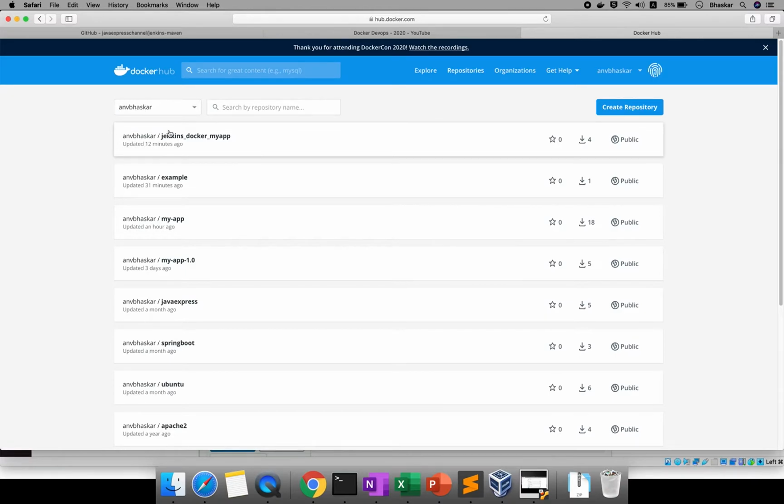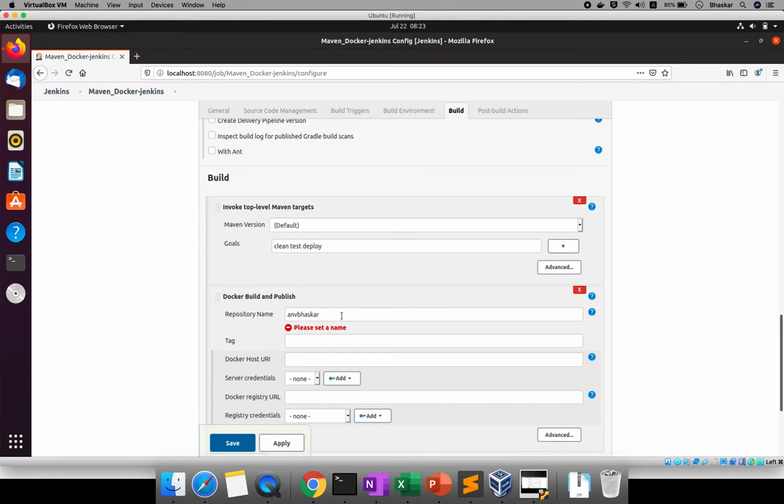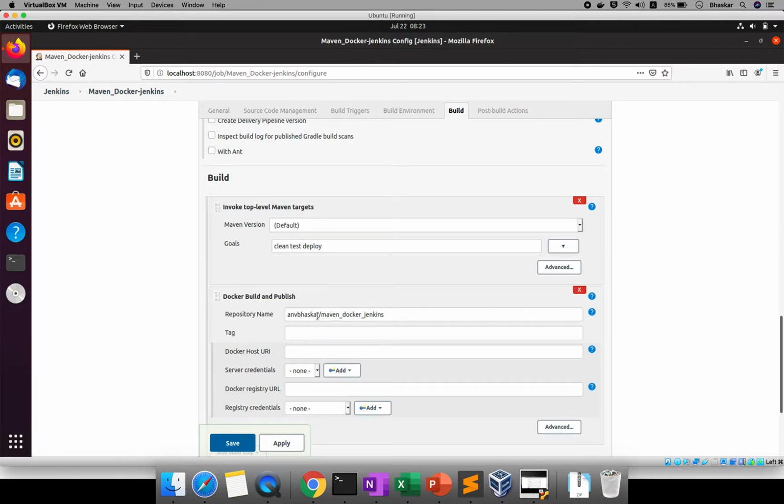Here, slash, we manually created jenkins_docker_myapp. The same way we can provide your tag name here. Whatever you want, you can give as the tag name. So what I will do is just say maven_docker_jenkins. Everything I'm giving in small letters. This is your tag name.